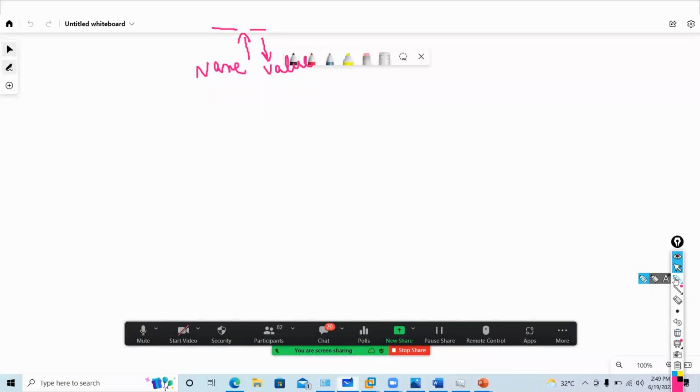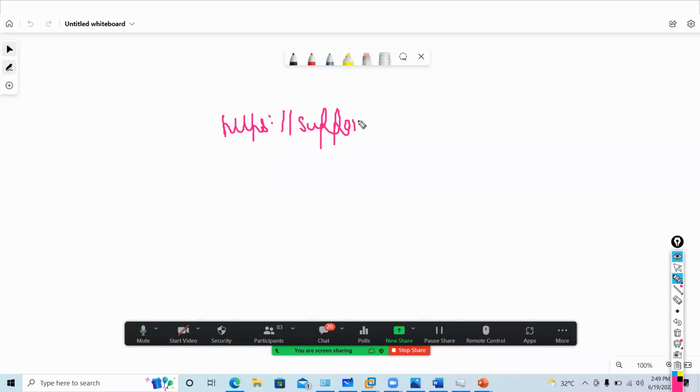So your whole URL, let's say, I'm taking one more example. Let's say I access this website, https://support.f5.com. Then I will enter this KB article, ENUS, search.html.